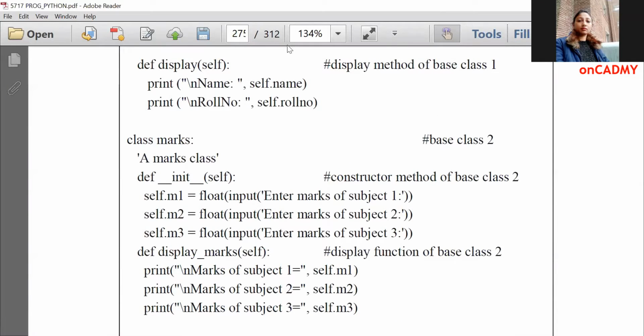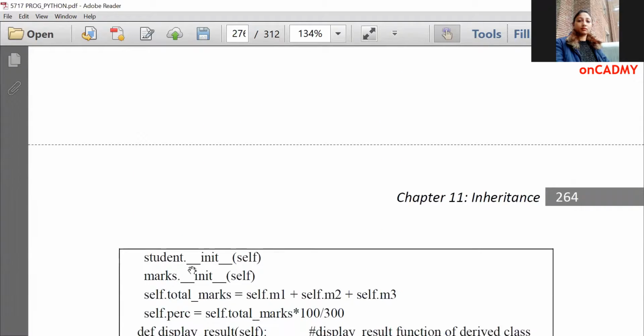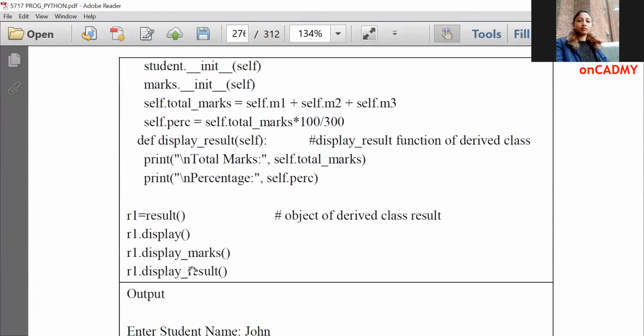By calling R1 dot display, name and roll number will be displayed. By calling R1 dot display marks, this function will display the marks of 3 subjects, and then at the end, R1 dot display result will display total marks as well as percentage.